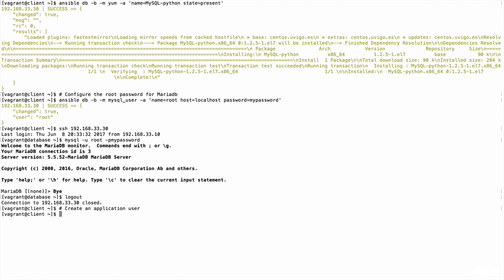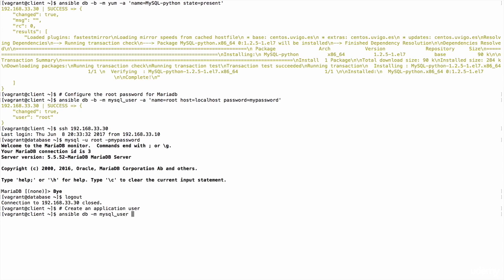So we create an application user for each application that will use the MySQL instance, and this will mitigate the risk of compromising your whole database if this password was, for example, stolen or hacked in some way. In order to do that, we are going to use Ansible again. And it's worth noting that if you don't have a configuration management tool, you would have to log in individually to each server if you have multiple database servers, and run some SQL commands on the MySQL database in order to create this user and set its password and so on. But using Ansible, we can just use the -m mysql